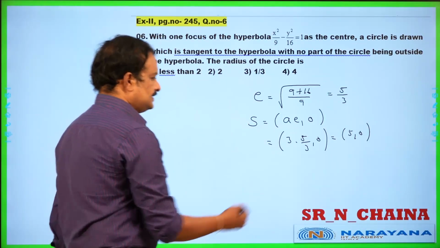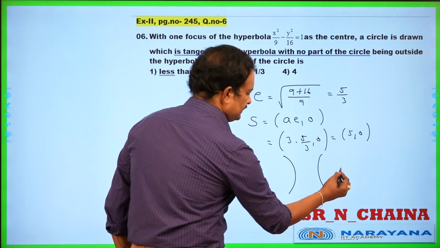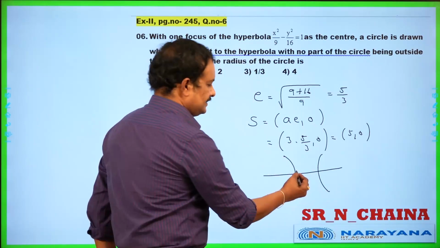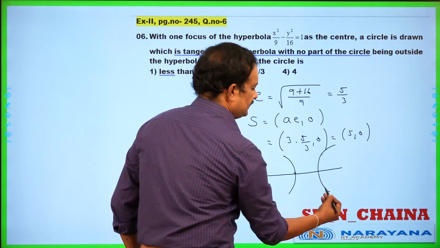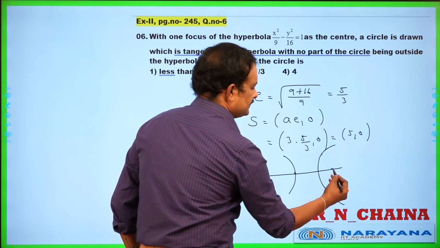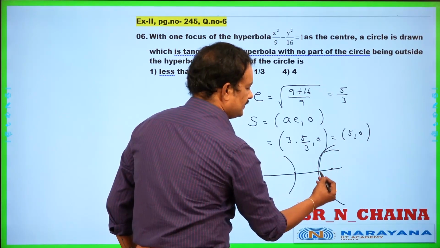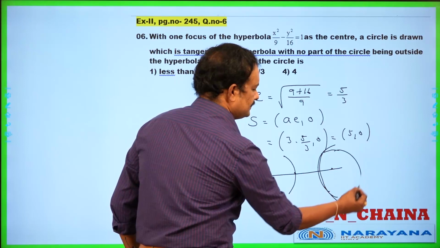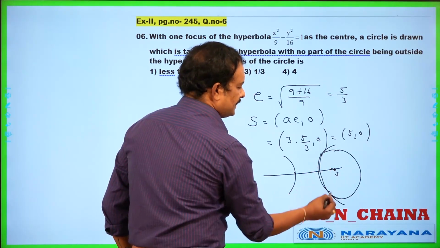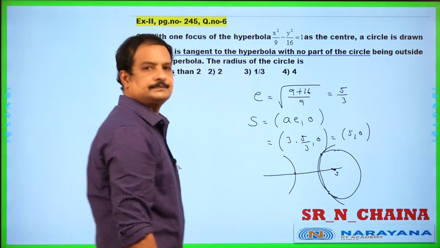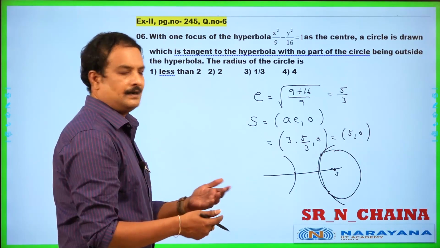Okay. So let us take a rough diagram. So this is the hyperbola you take. Okay. This is the transverse axis from here to there, and that is along the x-axis. Now they have taken a circle, okay, with one focus as the center. So probably that circle is something like this one. It is a symmetrical one, not to the scale here of course. Okay. So this is the center of this one, and they are touching at this point, of course at this point, symmetrical one. What is the radius of this one? Let us take the radius of this circle as r there.